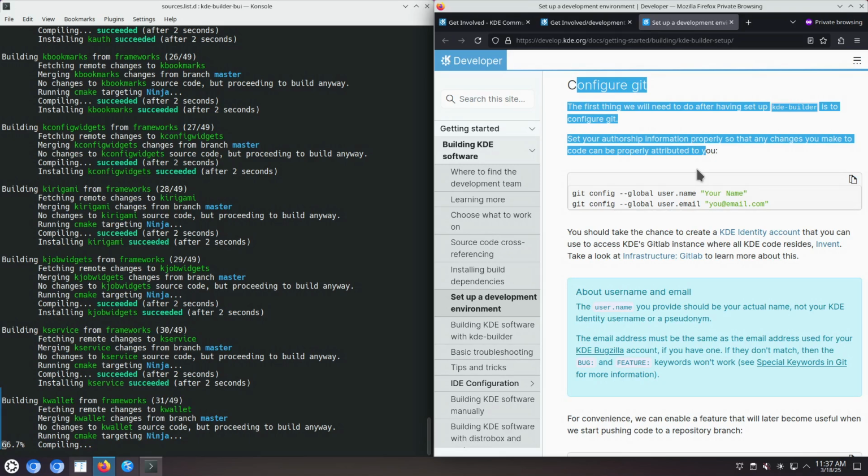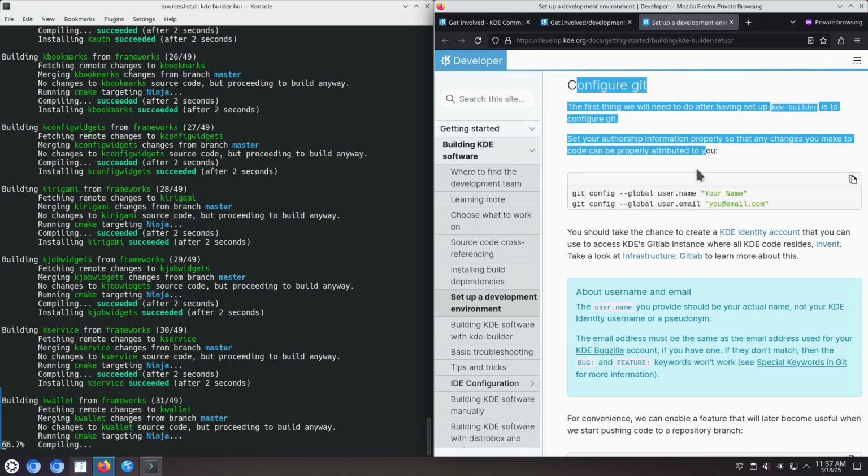If you just want to read from the KDE Git repositories, if you just want to build some of them, if you just want to run binaries that you have built from source yourself from the Git master branch, that's all KDE Git read operations. If you want to do write operations on the KDE Git repositories, that will mean GitLab merge requests, and in order to do GitLab merge requests, you need to do